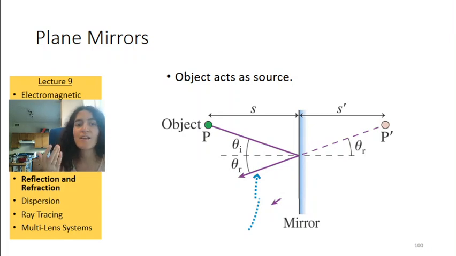My eye doesn't understand the law of reflection. My eye interprets light to travel in a straight line, right? And so my impression is that there's a virtual object or an image located here, right? So we would call this point P,